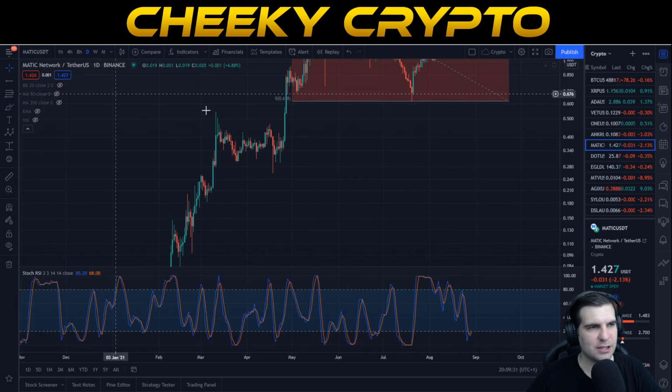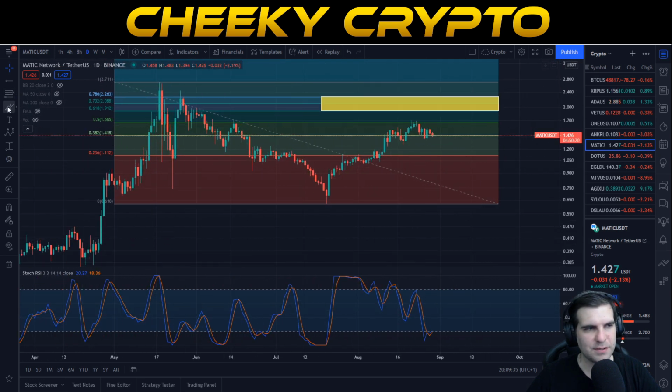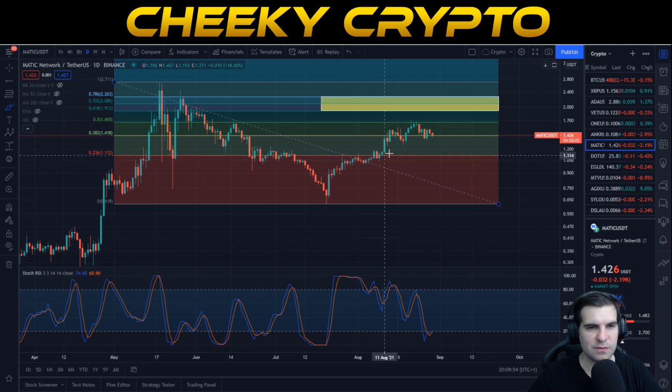Okay, and with the daily chart, what we can do is obviously see what's been going on most recently. We find ourselves really heavily concentrating now on the 382 area. This is the $1.41.8 area. This is an area that we were finding was a good area of support for us before, and it was support and resistance over here before really going down to these lower areas. This is where the 236, the $1.11 area, was a resistance for us as we were trading across it,